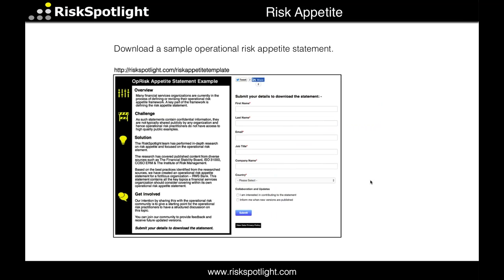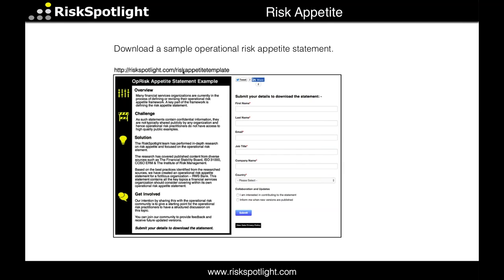Then the next thing you may also want to look at is whether that risk is within our appetite. This is where we have published a sample document, because a lot of organizations are in the process of writing their operational risk appetite statement. But because operational risk appetite statements will contain confidential information, no bank is going to publish that. So you will not get to see an operational risk appetite statement of another bank. We saw that problem, so we took a fictitious bank and said, okay, what would an operational risk appetite statement for that fictitious bank look like? It's about a 35-page document, which we publish, and it's available free on our website,